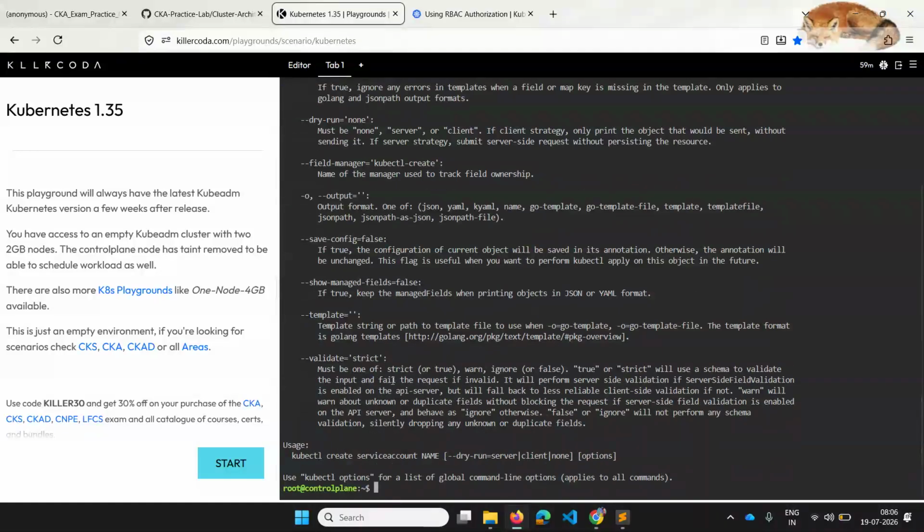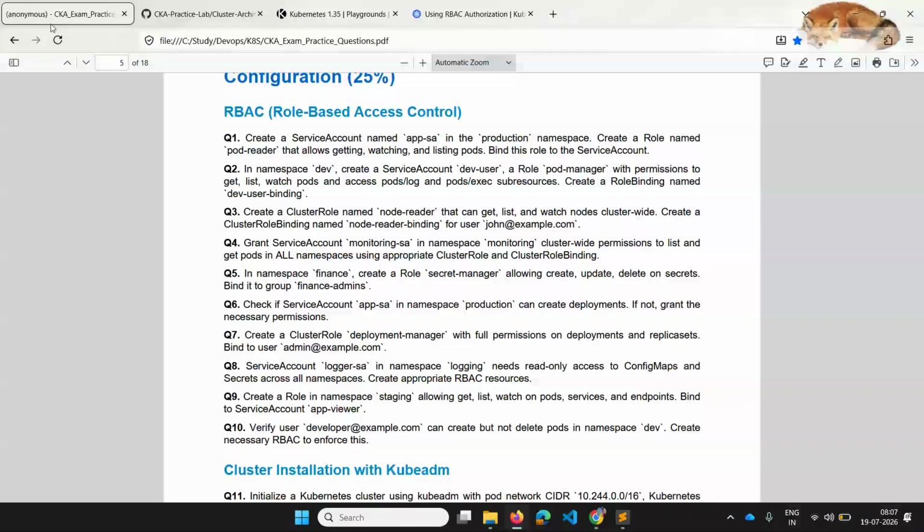Again, you can go to create role, but here they're asking to create a role which is not only for the pods, but for sub resources, namely pods slash log and pods slash exec. In order to do that, YAML is the best way to create the role.